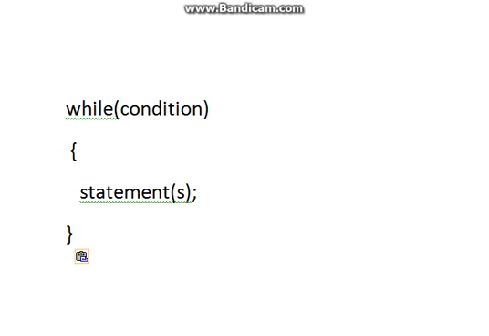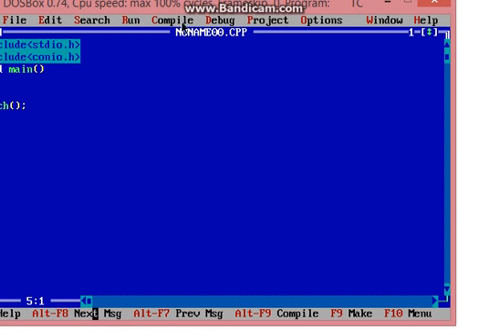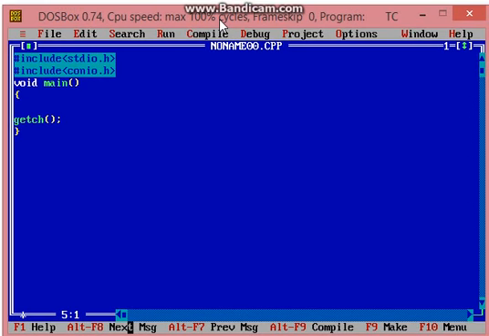Now we will see the implementation of the while loop in printing counting. Here first of all I will declare a variable i and initialize it with 1, because I will print counting from 1 to 10. Clear the screen, and here our while loop will work.